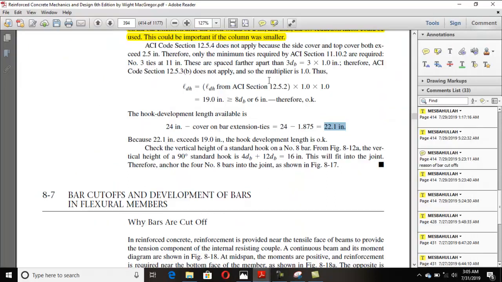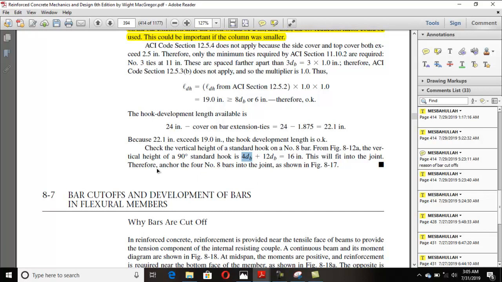Okay, that is 4 dB and 12 dB. So for number 11 diameter bar, that is 8 dB, but for number 8 it is 4 dB. Okay, and 12 dB is the straight portion. So just calculate the straight portion, and the diameter of the bar will be 4 dB. Okay, so it will give you